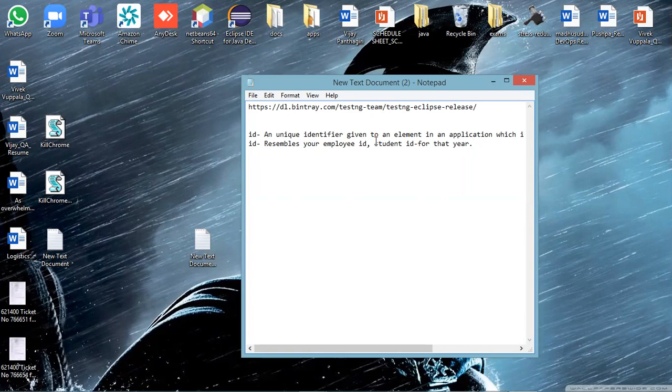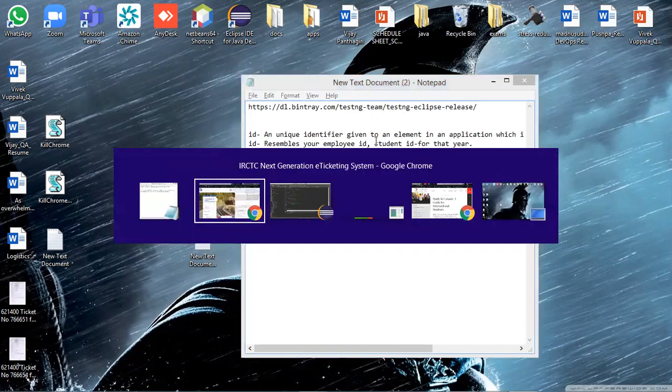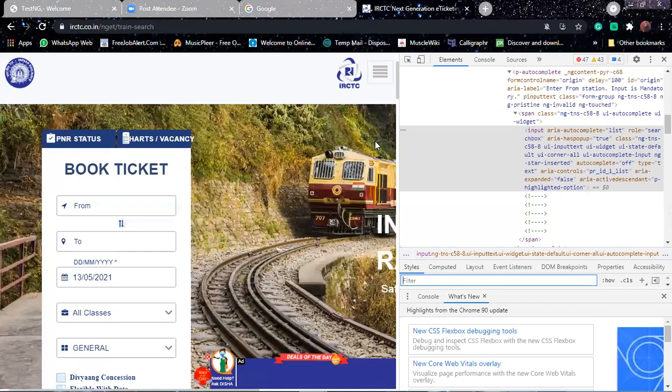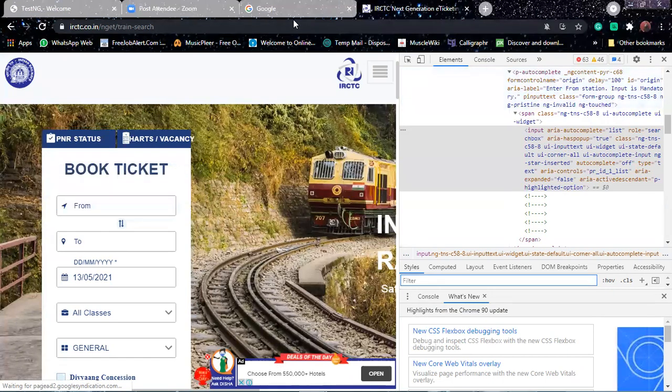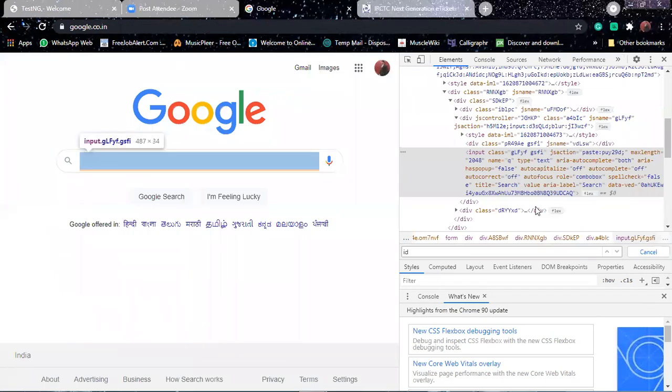Now go back to your application, IRCTC. Can you see anything called name there for the fields? Go to Google. There you can see name equal to Q in the highlighted field.